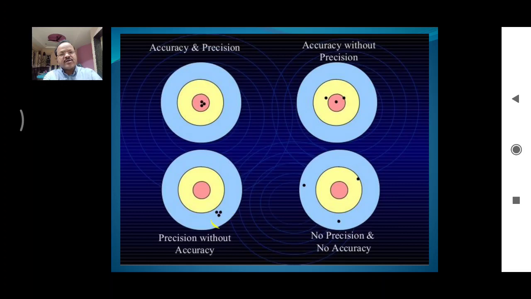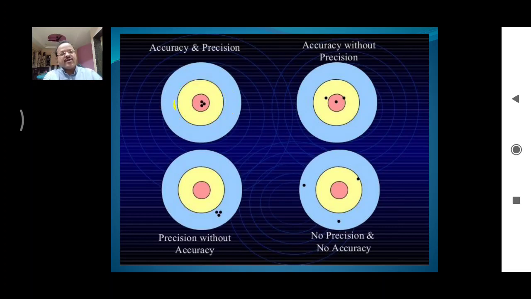The three spots are placed at the same point, but our aim is to shoot at this pink circle. So there is precision, as all these 3 points are shot at the same point, but accuracy is lacking here, because if these 3 points get shot in the pink circle, then we will consider it as precision and accuracy also. So that situation is observed in this case.